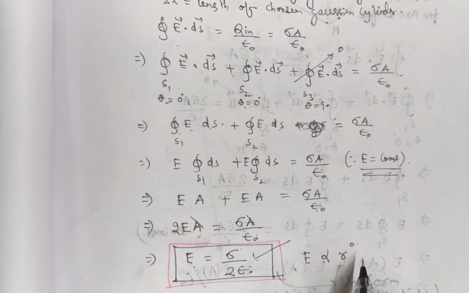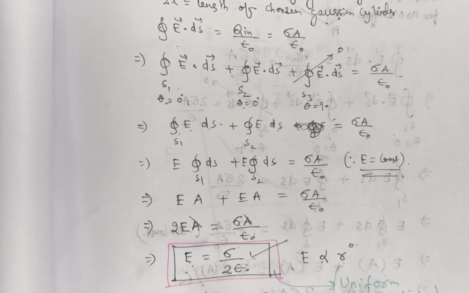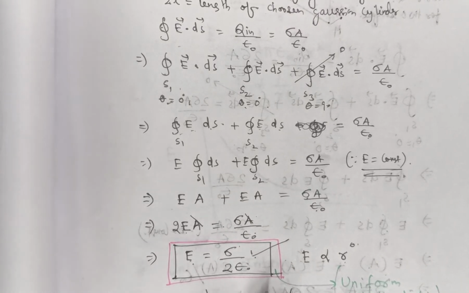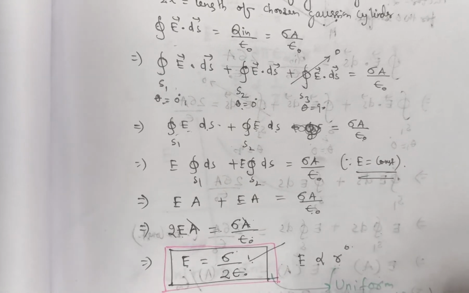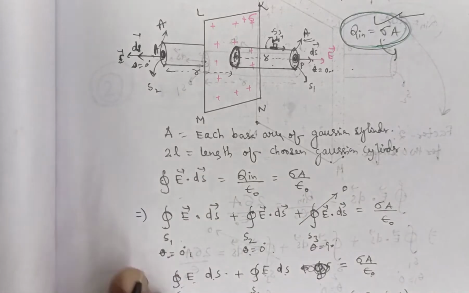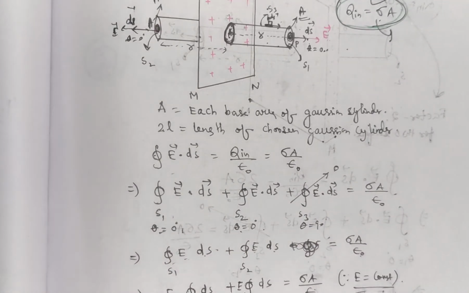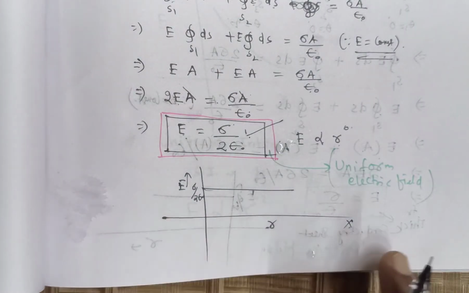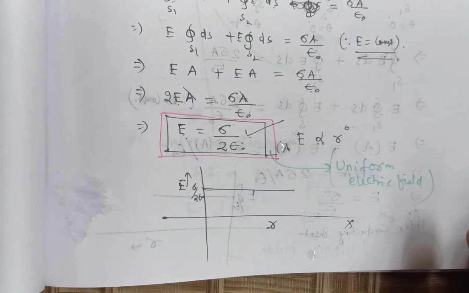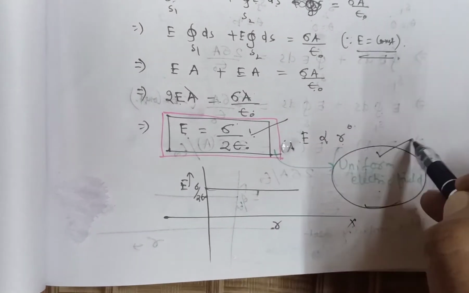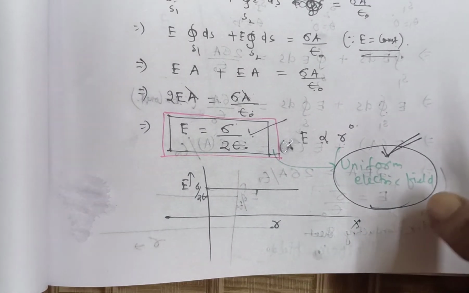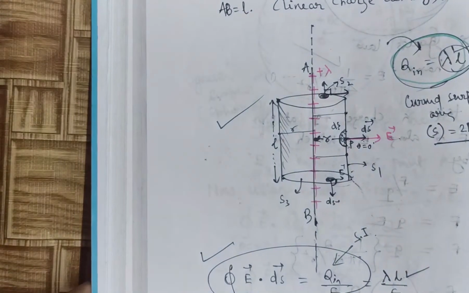As it is independent of R, if you plot the graph of intensity versus R, the graph will be a straight line parallel to the x-axis. This is the special case of electric field. Only in this example, intensity is independent of the position of the desired point. In every other case, for point charge, for dipole, for linear charge, we have discussed that intensity decreases with increasing distance. But here only, intensity does not change if we increase the distance from the sheet. That means in this case, it creates a uniform electric field. You should remember, it is an example that a thin charged conducting sheet creates a uniform electric field.